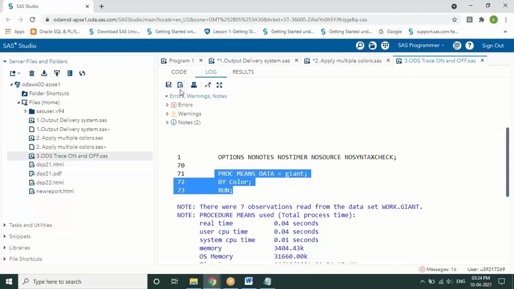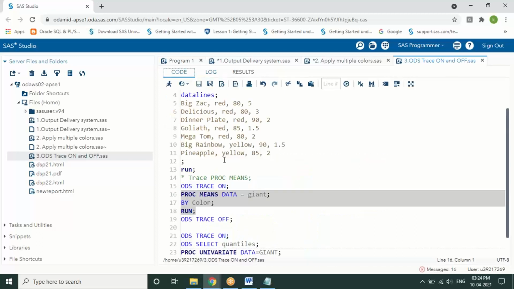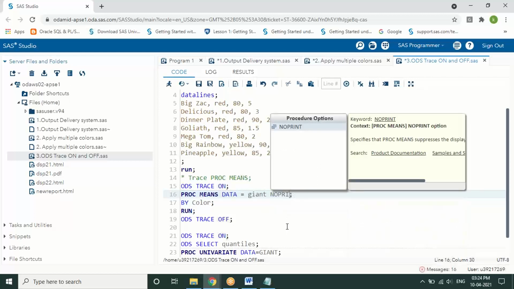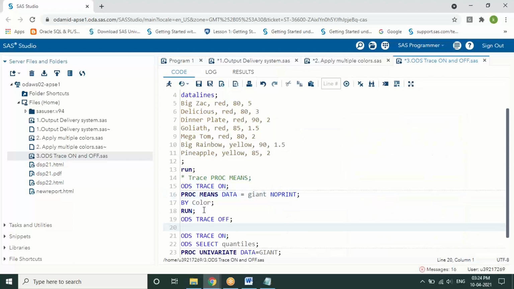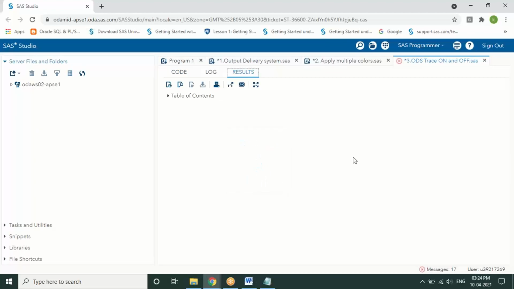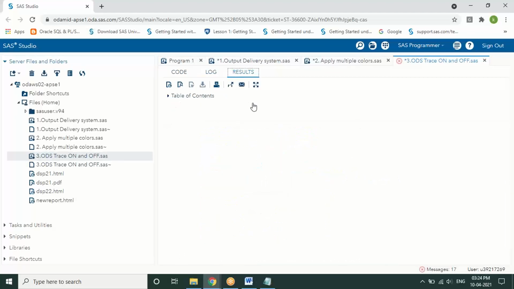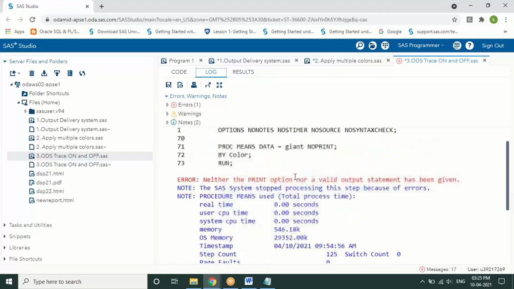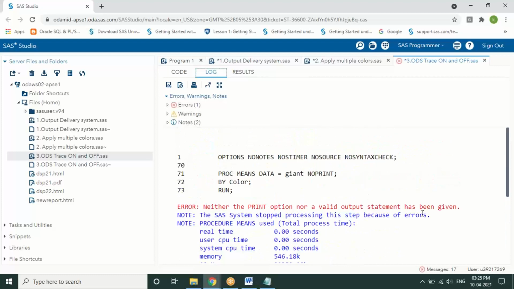Now, I want to not have any kind of display on my output. So when I issue the option called noprint and execute it, we don't get a print of these statistical measures in the result window. So neither the print option nor a valid output statement has been given. If this is the scenario,